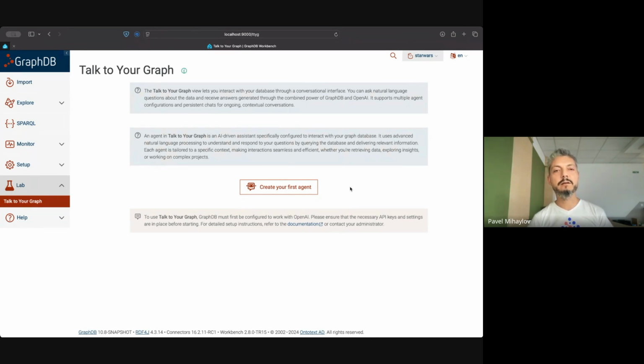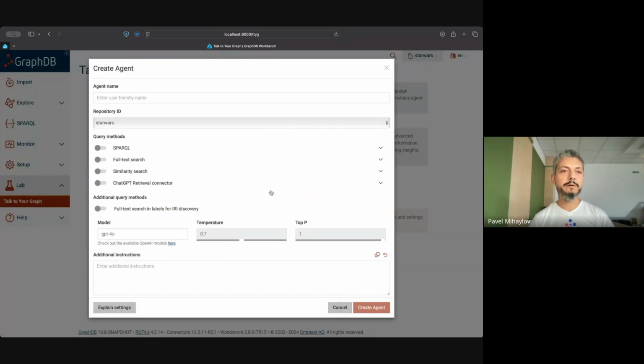a huge difference is that in the old one, there was a single interface, a single chat, and the only thing you could do with that chat was clear it and start again. Here you can have multiple chats, and you can also have multiple agents. And an agent is essentially an instance of Talk to Your Graph that you configure to work with a particular dataset and repository. So let's create our first